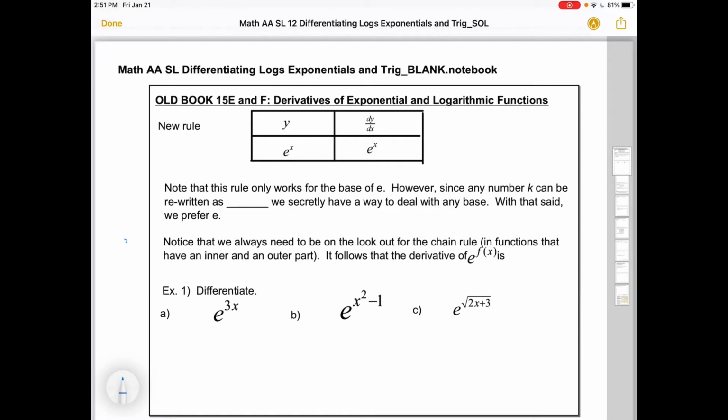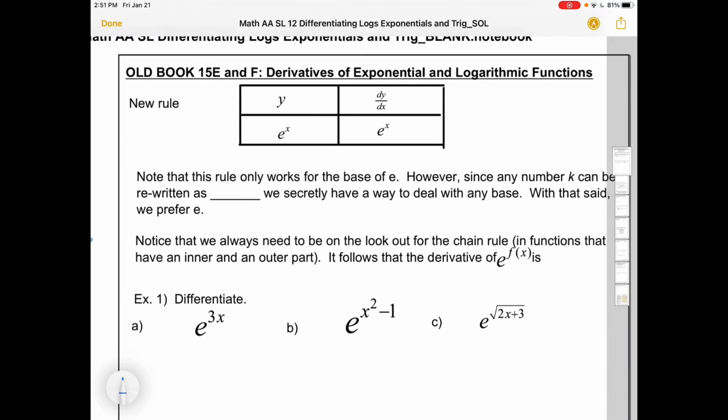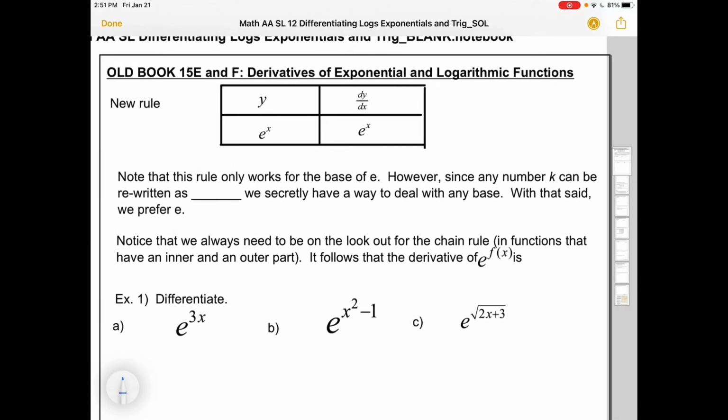So here's our new rule. The derivative of e to the x is e to the x. That's about as easy as it can get. So you might say, well, does that work for every other base? No, it doesn't. It only works for the base of e. And remember, e is roughly